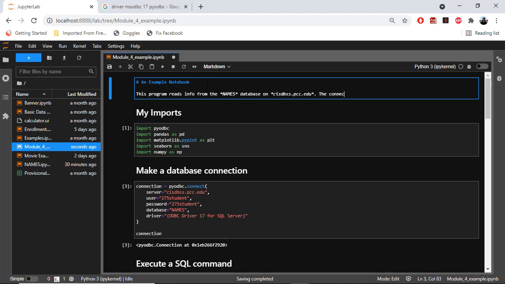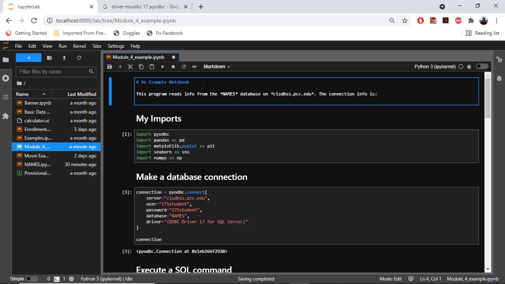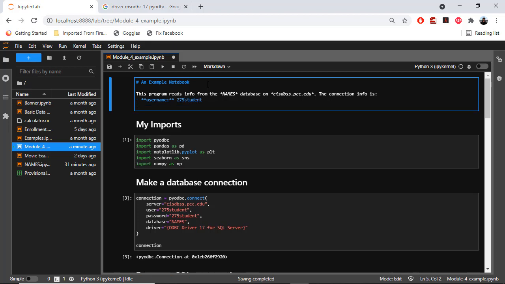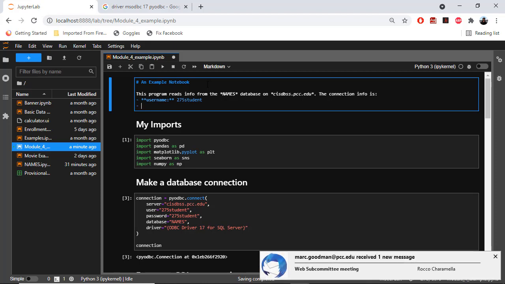The connection info is, and then let's use an unordered list. So we'll do dash space, and then bold is star star, username colon star star, 275 student, and then a next bulleted item, star star, password, 275 student,